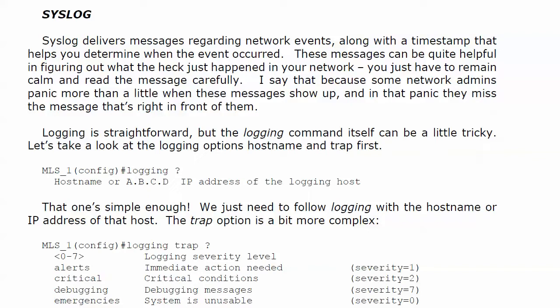We're going to start our look at network monitoring with Syslog, and I know a couple of you are already thinking, Syslog? There's only so much to that. Well, there's a little more to it than you might think, and we're also going to tie this in with the importance of the correct time in your network. And I've also got one really helpful command at the very end of this video that's going to help you